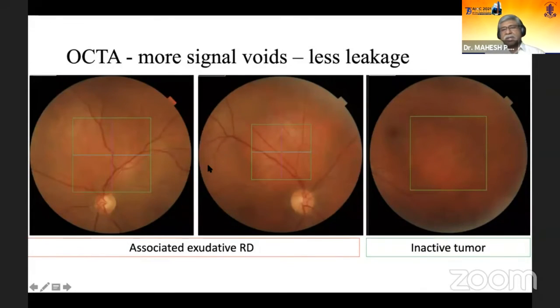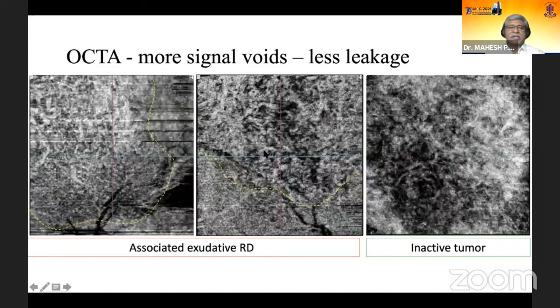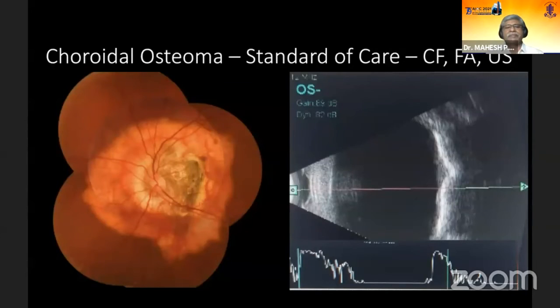These are three different patients with choroidal hemangiomas. So these two patients had some amount of exudative RD. This patient did not have exudative detachment. So when we see a patient in the clinic, can we predict which patient is likely to leak in the future? Possibly, yes. When there are more lucent areas on OCT angiogram, more dark areas, these tumors are probably not going to leak. So you can probably increase the follow-up duration, in contrast to tumors which have fewer of these black areas, indicating that these patients are likely to exude, and we probably follow them up much closer.